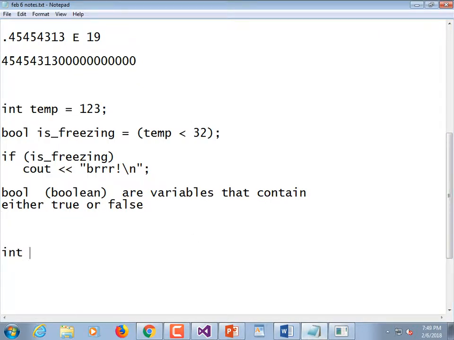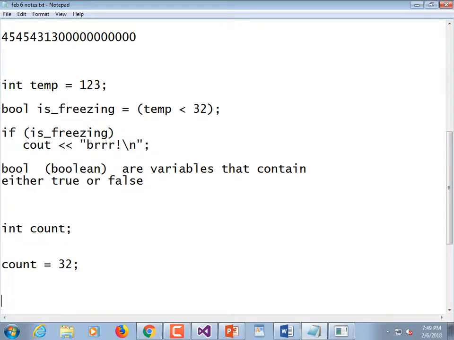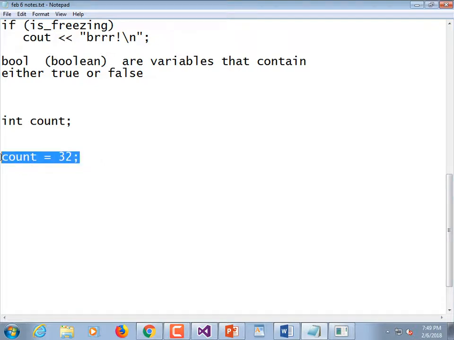So if I do this, int count, and then later on I say count is equal to 32, I may accidentally mess up and say, okay, I'm going to initialize count to 32. No, it's only initializing if I do it in the same line where I declare it. Now, is there a functional difference? No, they both would have done the same thing, as long as there wasn't any data, any instructions between those two. But that is an initialization,